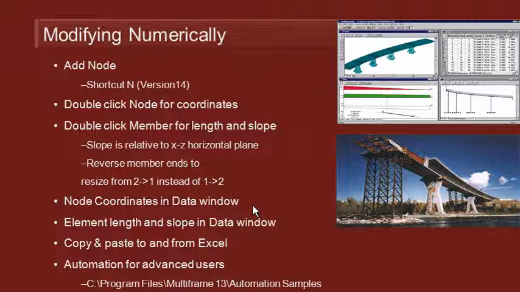we have an Excel compatible spreadsheet of nodal coordinates. There's also an additional spreadsheet of element lengths and slopes in that same window where we can modify length and slope numerically. Both of those tables can be copied both to and from Excel for transforming the model in Excel,